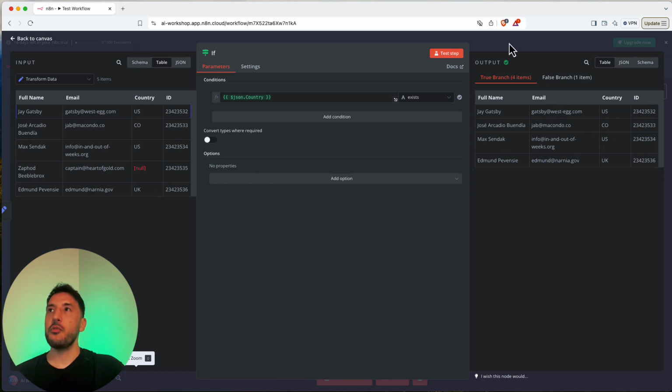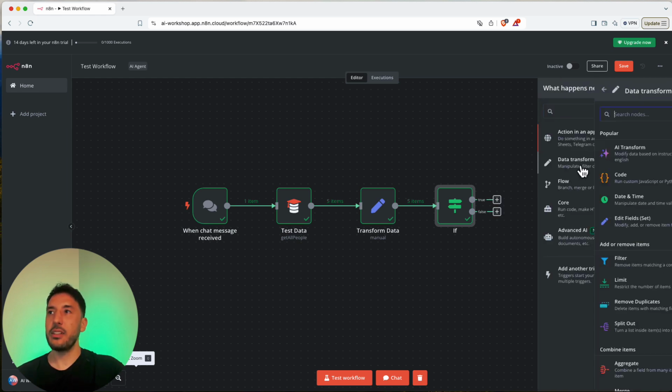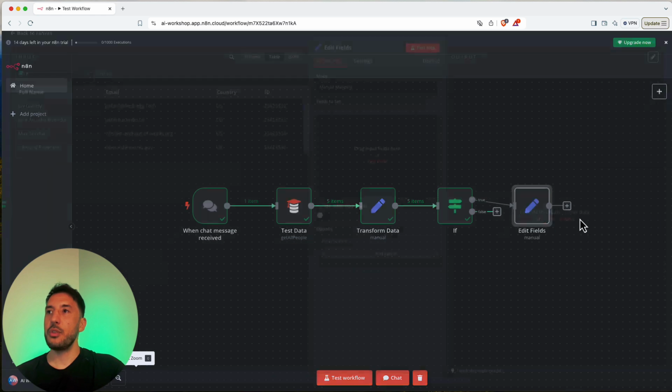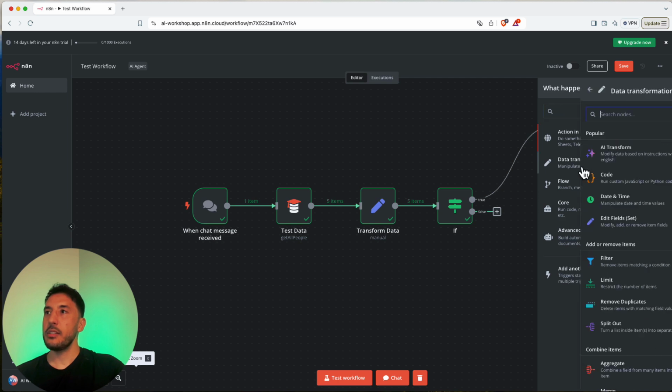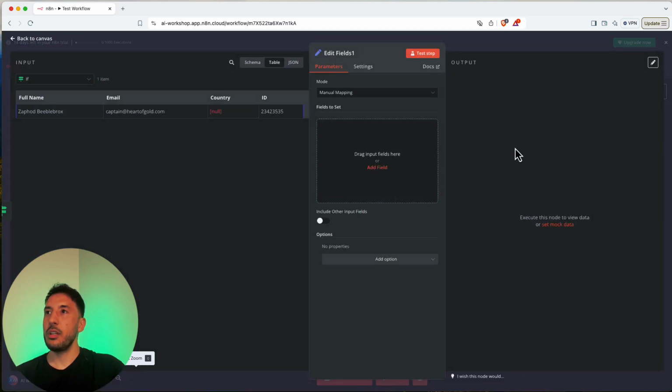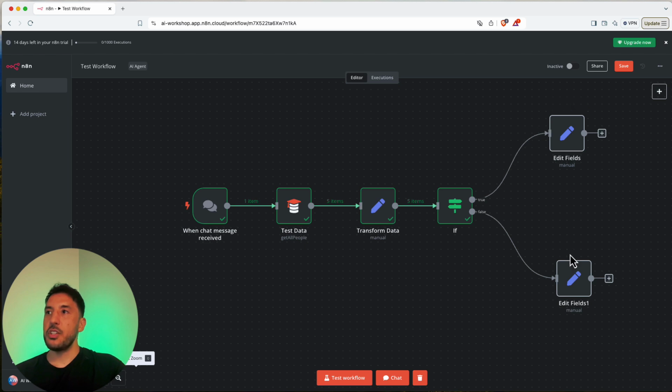So now if we get out of this, you can see that there's data that came in, and it's kind of hard to see, but there's data that came in from true, and also the data that came in from false. So if I just add something else to that, we don't have to add anything to it. I'm just going to quickly show you that this will further show, and I can move this around here. And let's go ahead and add one more. Move this around here. So now you have these conditions that are being split. This data is being split.